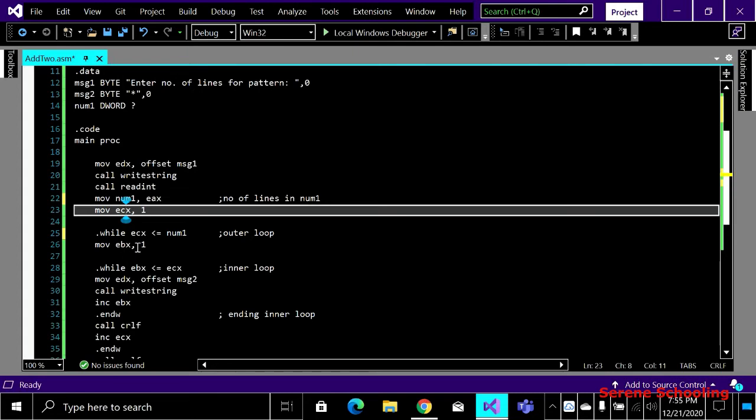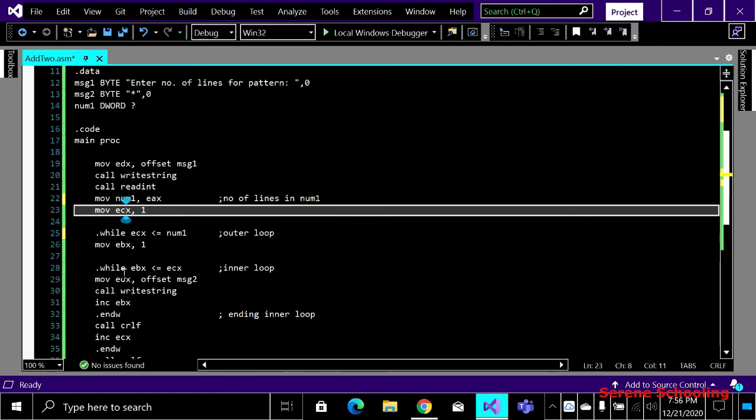So when my ECX is only one, that is my row is only one, then my column should also be single. So I'm moving one in both of them. As our row number increases, our EBX will also increase according to that particular row number. And then again I am checking the inner loop, like EBX must be less than or equal to my outer loop. What is this?